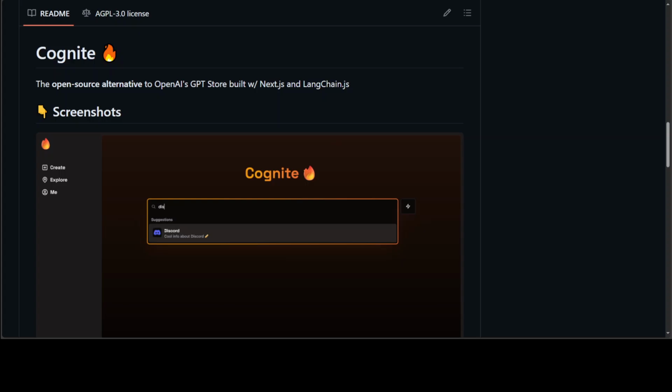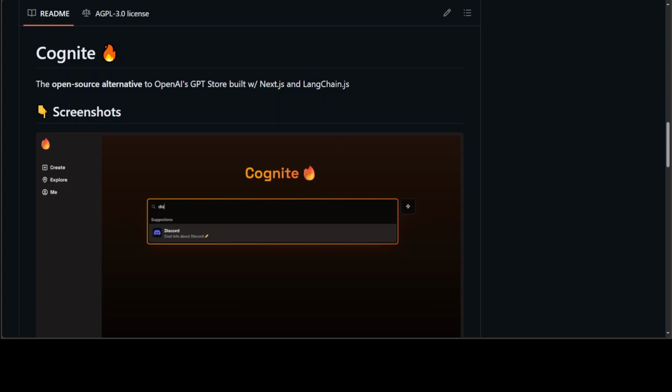We know that you can create custom chatbots by using ChatGPT. If you are looking for an alternative to ChatGPT in open source, then maybe give Cognite a go. Cognite is a simple and fast way to share and create chatbots with external knowledge, such as a website or your own custom documents. This can be very helpful for creating bots for knowing specific things, such as